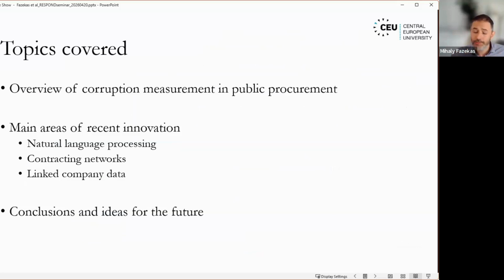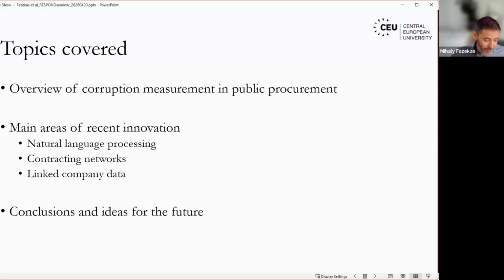So a brief overview, as I mentioned, and 3 main areas. One is using text, unstructured text information, various natural language processing methods. That's paper number 1. Paper number 2 is using network, social network analysis, contracting network, reformulation of public procurement data and what that means and what it can bring to the table. That's number 2. And then number 3, we have ownership, in particular beneficial ownership data linked to public procurement. And then I will try to bring a few things together and give you my 5 cents on where this